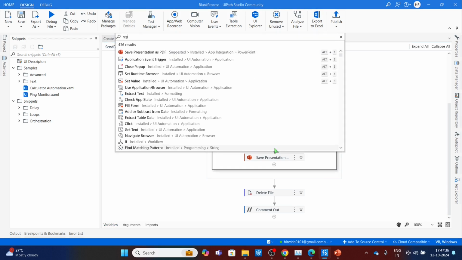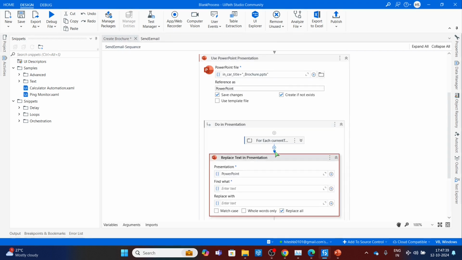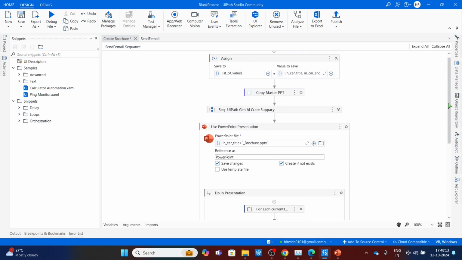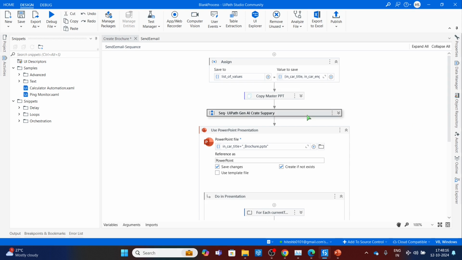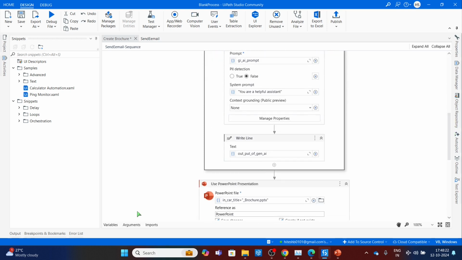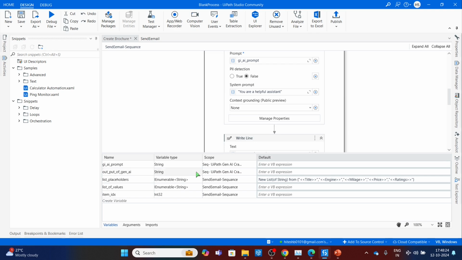Replace text in presentation, and what will we find? We'll find summary, and then we will replace that with Gen AI output. I think the variable scope is still not right here, so we have to go back into the Gen AI sequence and change the variable scope. Gen AI output prompt should go to